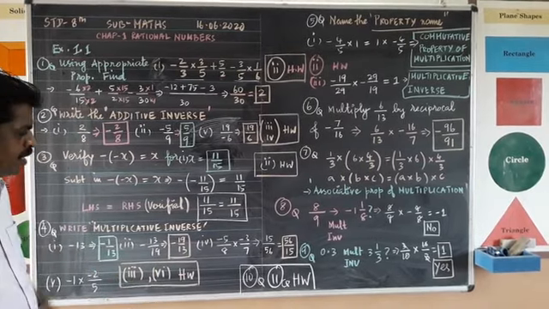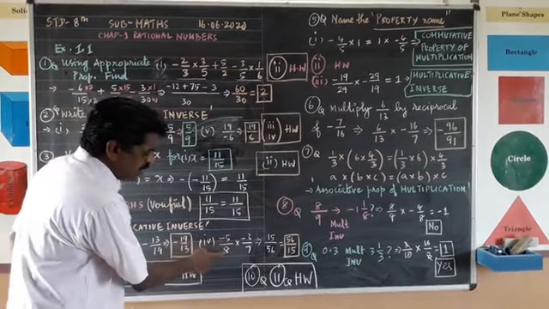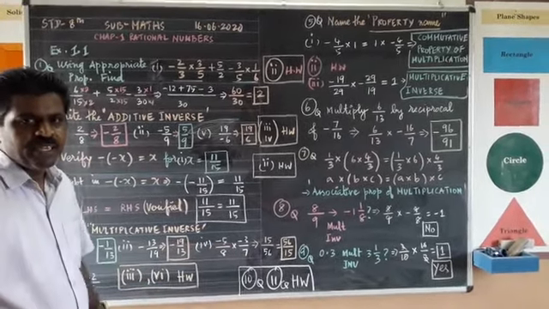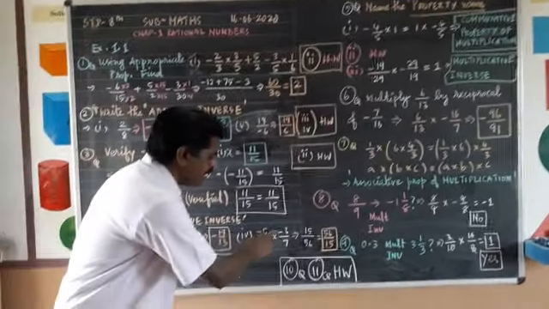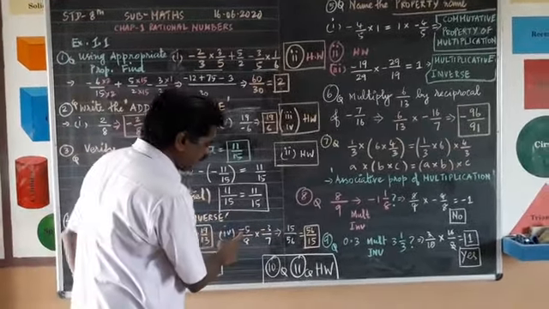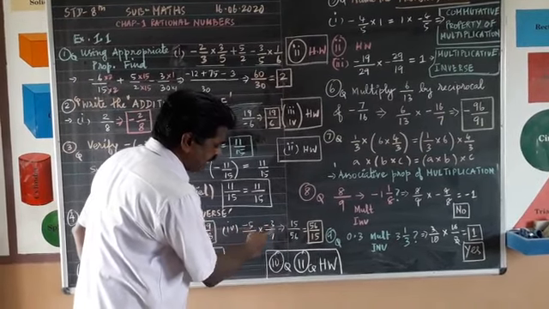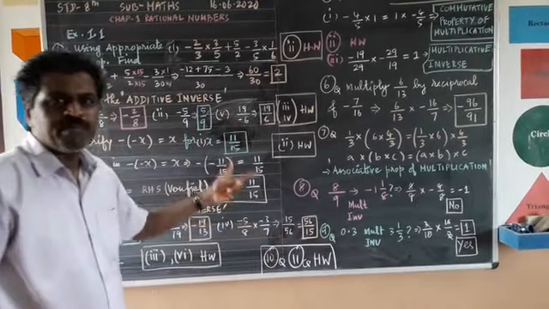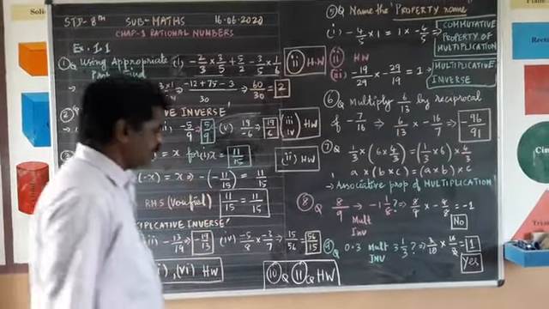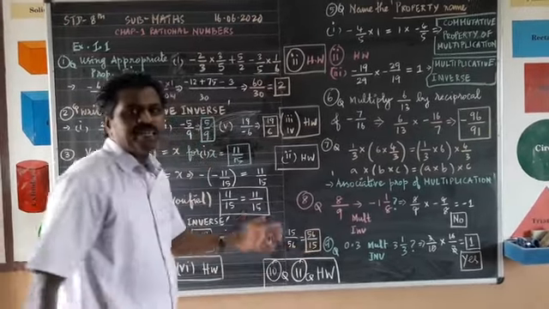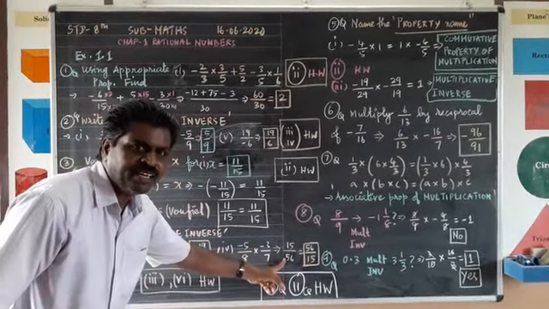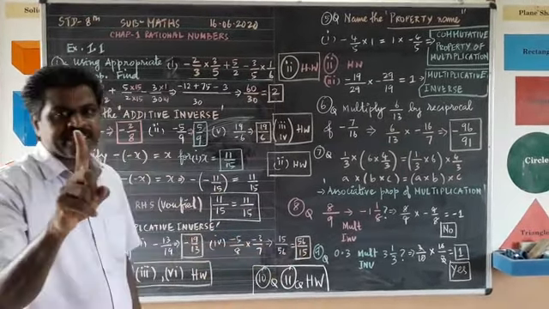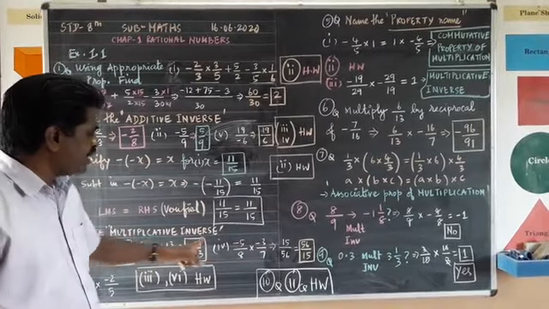What is the fourth problem given? Two numbers are given. Minus 5 upon 8, multiplication of minus 3 upon 7. Two numbers to multiply are given. So first step, what am I doing? Just the numerator I am multiplying. Minus 5 into minus 3, 15 plus 15. 8 into 7, 56. What is its multiplicative inverse? Inverting, that's all. 56 upon 15 is the multiplicative inverse because it is already on the positive side. So you only have to invert the number. 56 upon 15. When you multiply both, your answer will be 1. So that is multiplicative inverse.